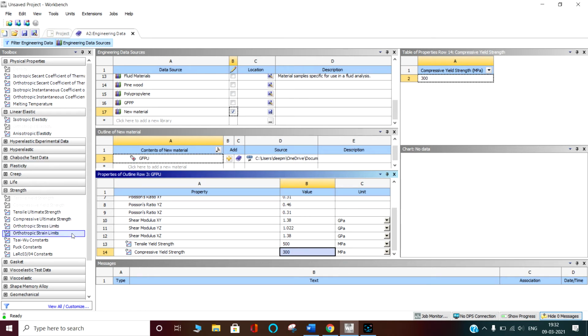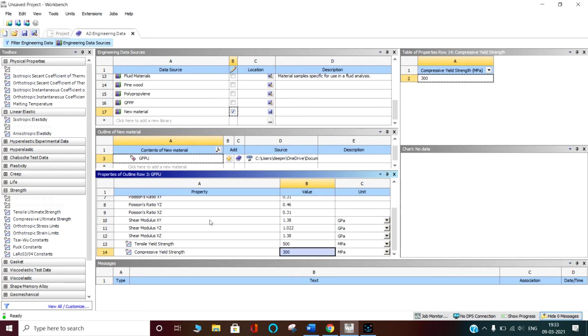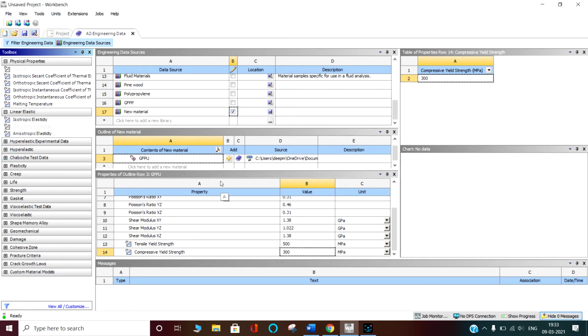Similarly, we have the ply mode in the composite material. This is the glass fiber polyurethane. Generally, when we are talking about the composite material, there is a term called the ply, which ply we are actually going to use. So that we also have to define, and you can see there are no options here. I will tell you where you will get the option when I talk in my lecture related to ANSYS ACP. So here is the new material and I am saying okay, save it.